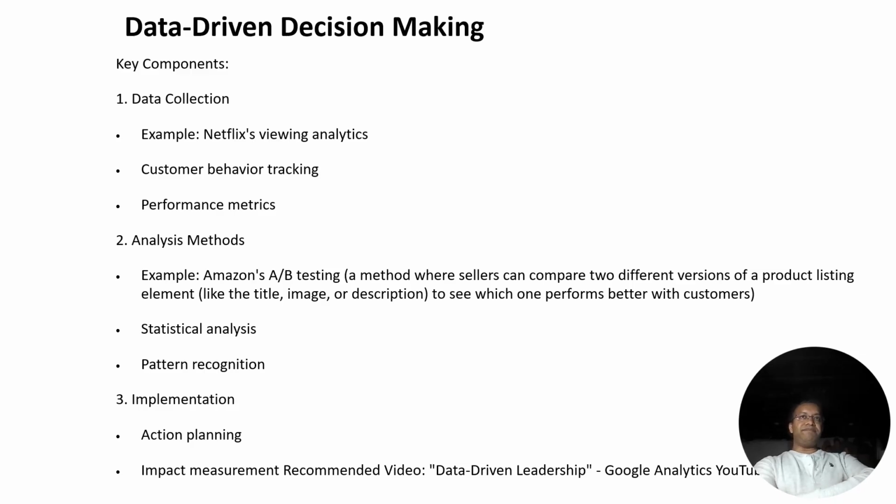So continuous real-time data is collected by Amazon, and sellers on Amazon can utilize A/B testing based on statistical analysis, pattern recognition in terms of what customers purchase, what kind of seasonality effects there are, what the demographic is of customers that actually do online purchasing. All that precious data is actually being analyzed by Amazon using several analysis methods that are primarily statistically oriented. And decisions can be taken